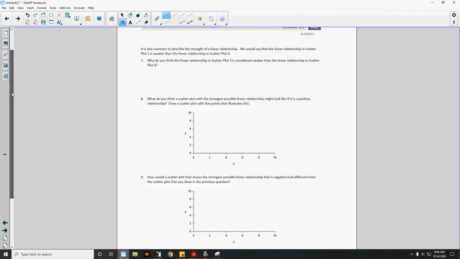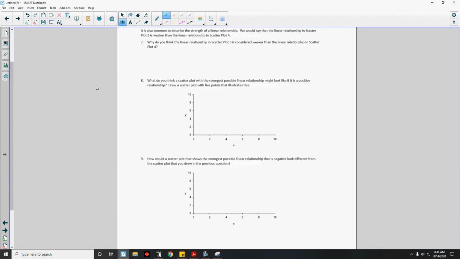Okay, page 3 brings us to problem number 7. It is also common to describe the strength of a linear relationship. I've already been stating that in the last couple pages. We would say that the linear relationship in scatterplot 3 is weaker than the linear relationship in scatterplot 4. Number 7, why do you think the linear relationship in scatterplot 3 is considered weaker than the linear relationship in